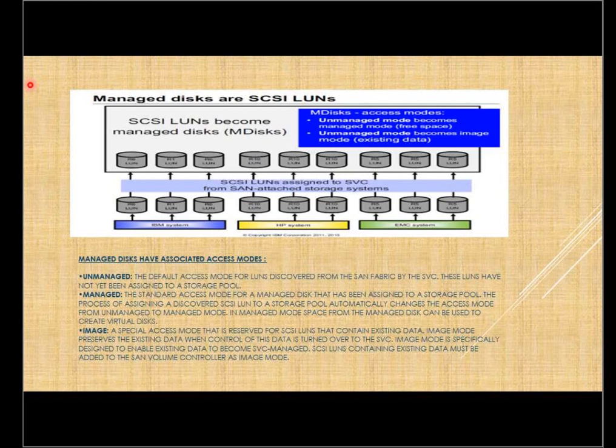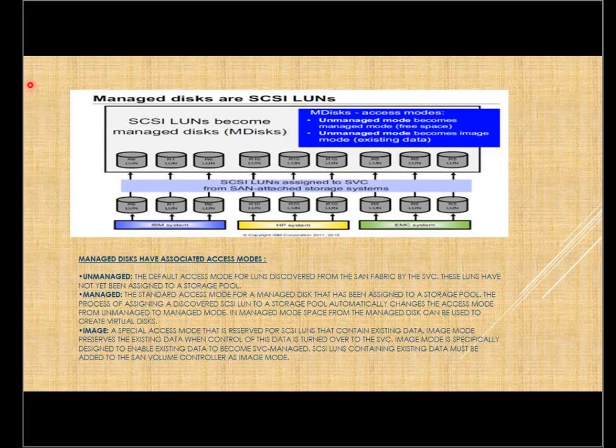There is a step in further classes where we will be performing image mode migration, in which we'll be taking a LUN or volume from the external storage subsystem which is managed by it, and we'll be migrating it to the image mode. Okay? So image mode is nothing but when we have an external storage assigned to the SVC, that one-to-one connectivity to the host. So it's a one-to-one connectivity.